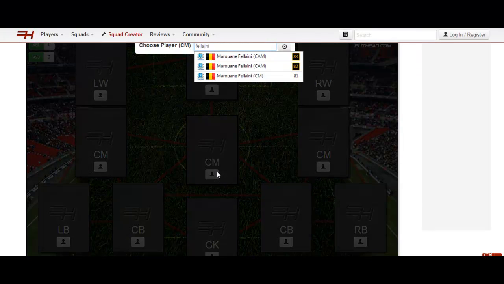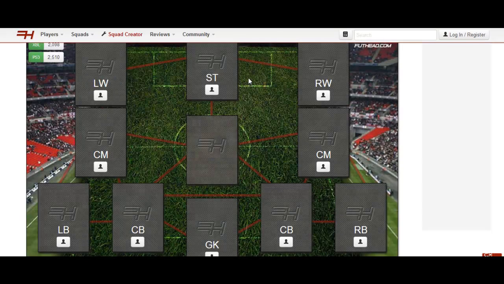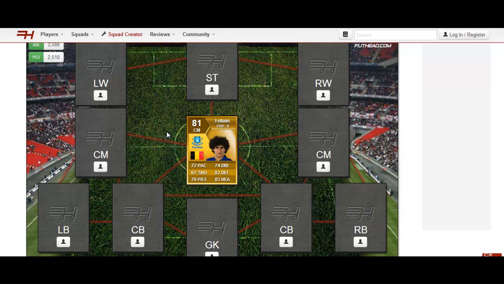Obviously, someone managed to spell that right without even trying. It's not exactly hard to spell, but anyways, Fellaini, he's a really good player to have in that central role. He's got high defensive and medium attacking, which is exactly what I want for a player like him. He's a good tackler, he's tall, he can head the ball, he can just pretty much do anything, and he's relatively quick as well, and he can get the pass away. He's literally everything you need